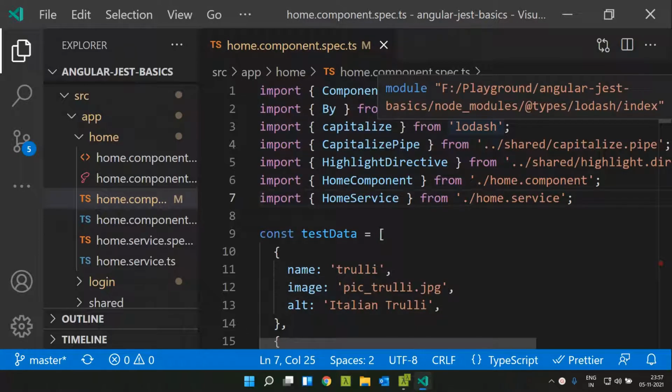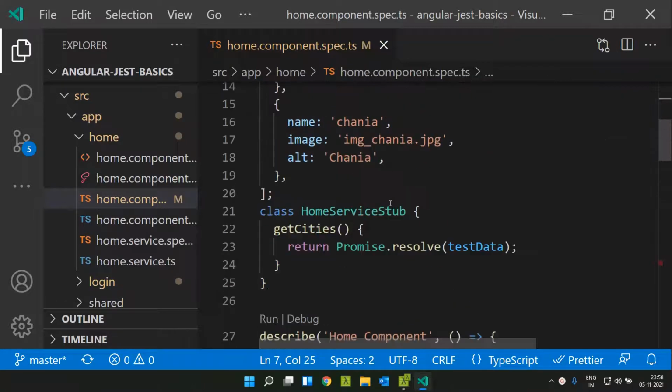Jest provides a feature called snapshot testing. What it basically does is capture the snapshot of a particular page, like a particular component. For example, this home component, I can take a snapshot at a particular point in time and that snapshot will be saved in our code base. The next time the unit test is run, Jest will compare the snapshot which has been committed with the current snapshot. In case there is any mismatch, it will fail the unit test. Now let's see how we can do that.